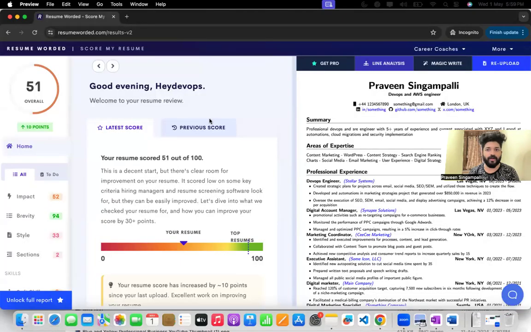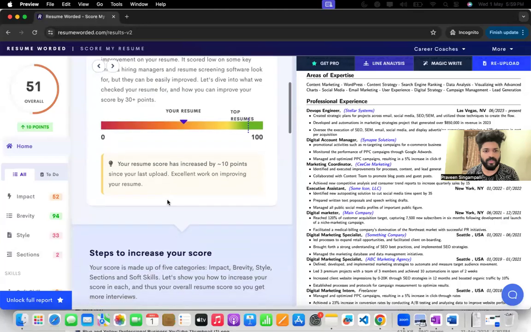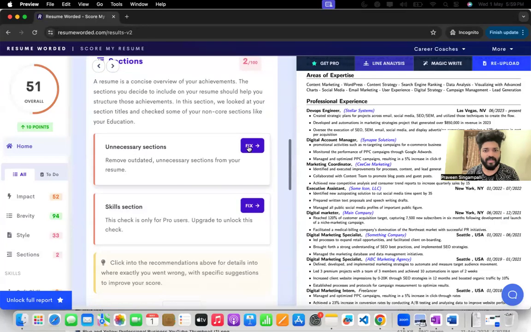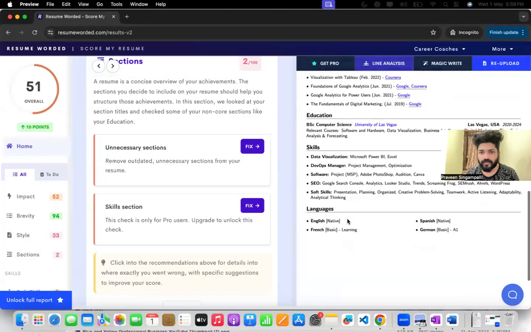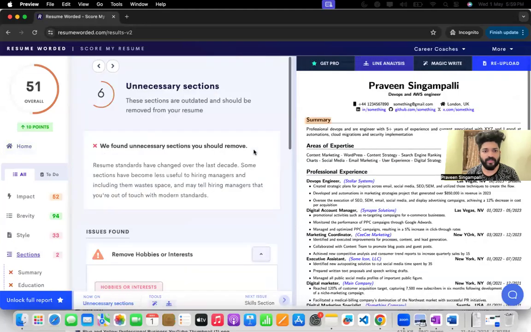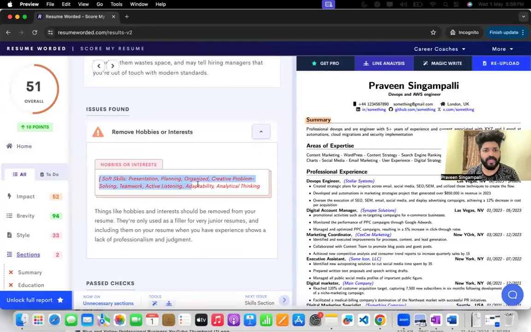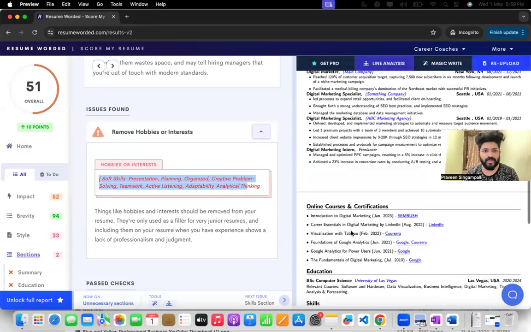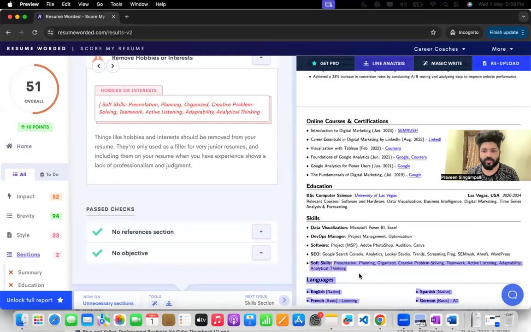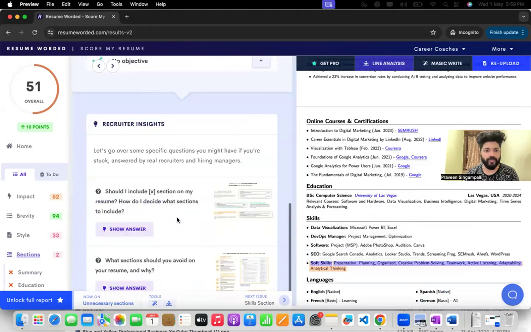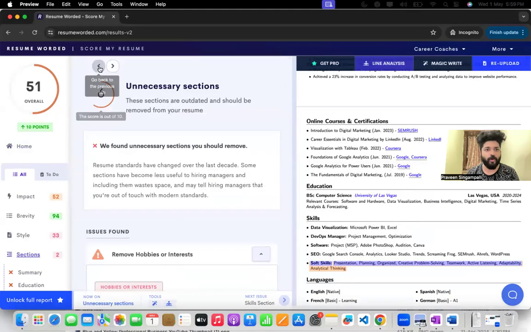Okay, it is telling me the score has not increased. Let's do this. Unnecessary sections we have removed, right? Where is this still? Skills, presentations, planning, and organization. It is still telling us to remove this, which it had not told us earlier. And if we go back,